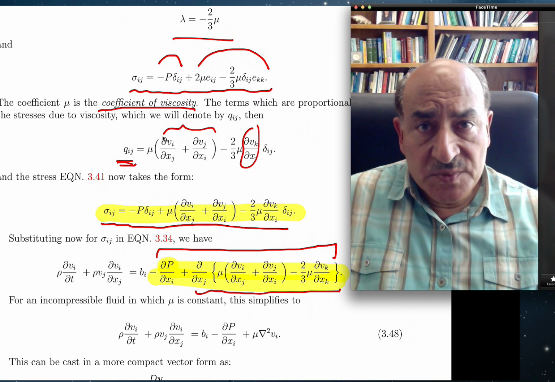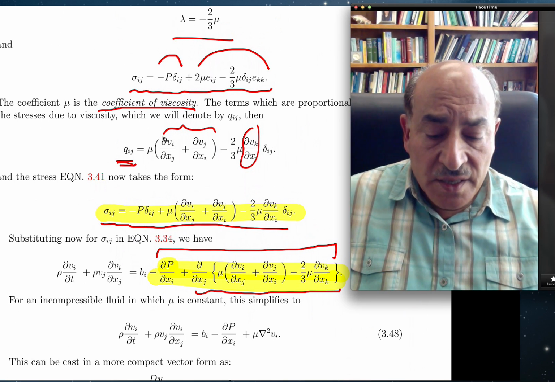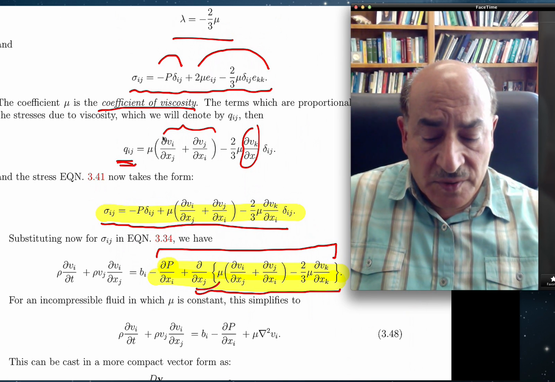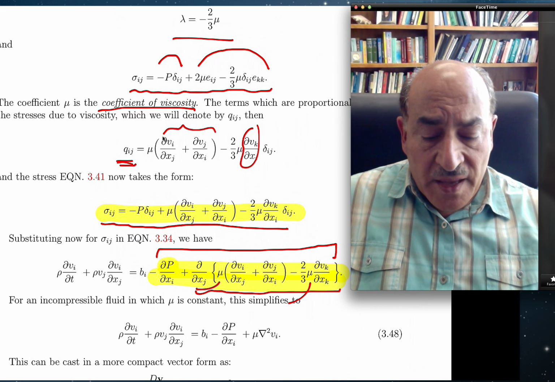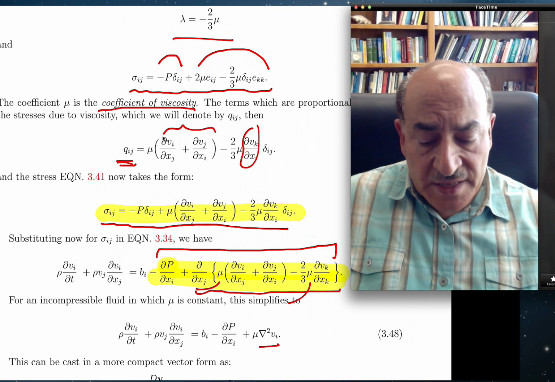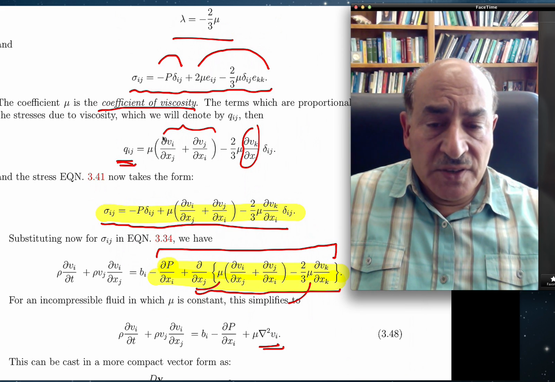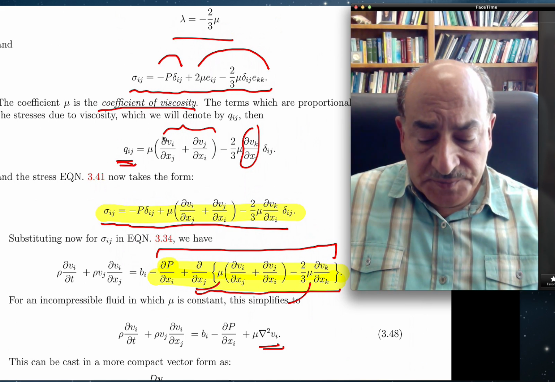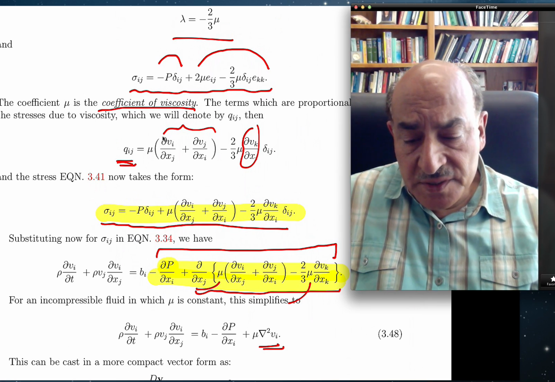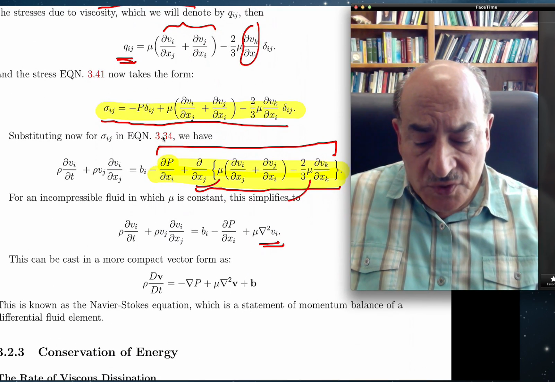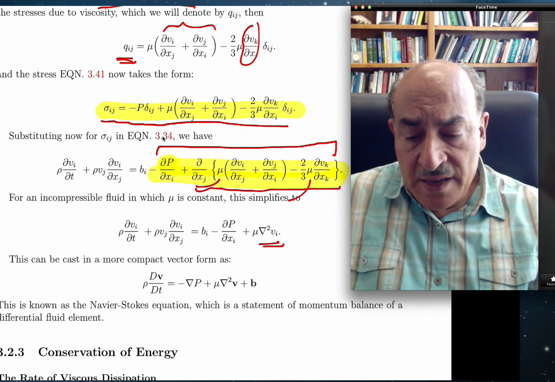It doesn't depend on space because the fluid is very well mixed. Then you can pull it out from the derivatives, and then you add up, you get the Laplacian of the velocity. And that is now giving us an equation that can be written in a more compact form that we have in here. And this compact form is telling us that,